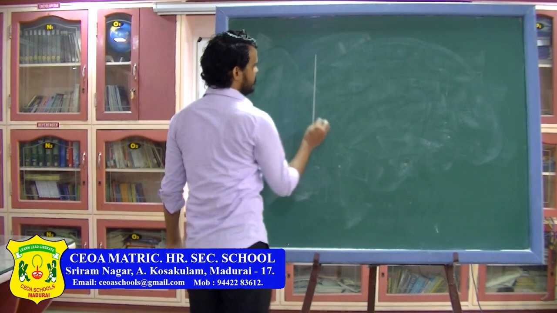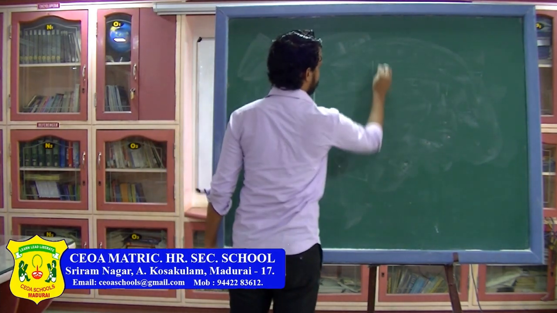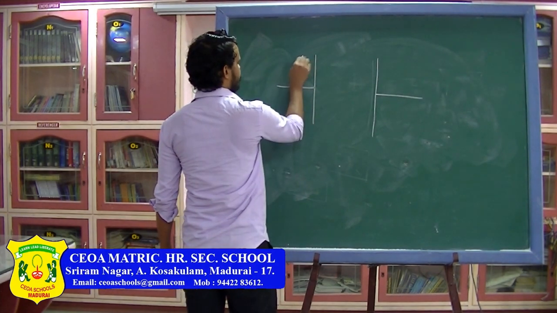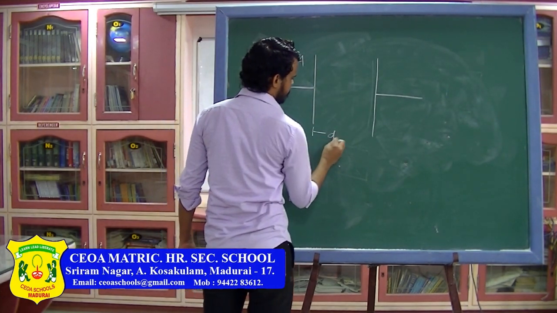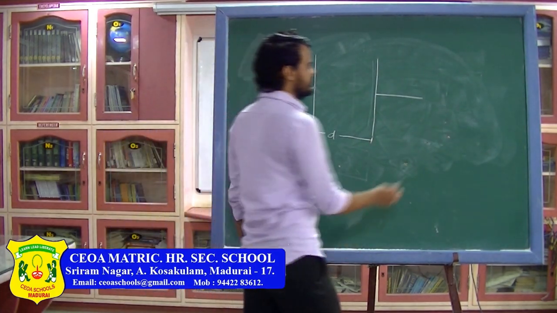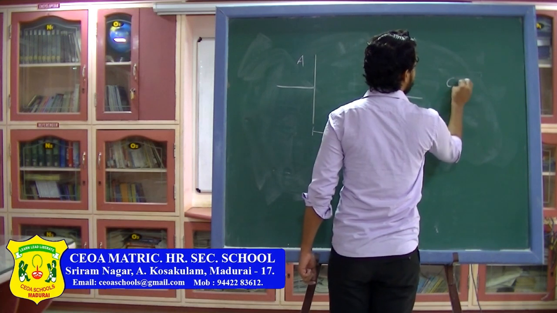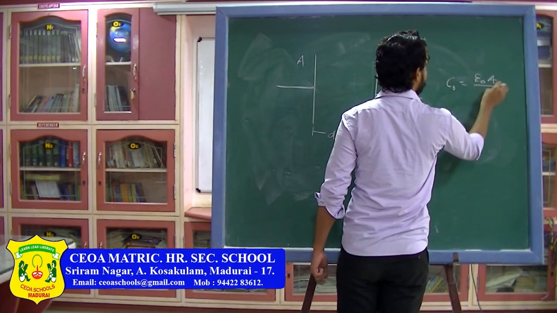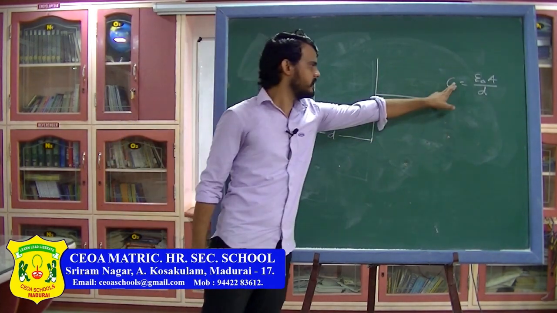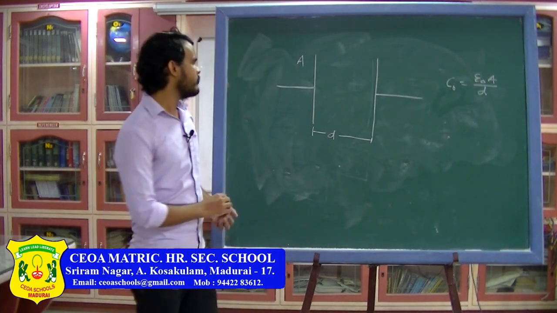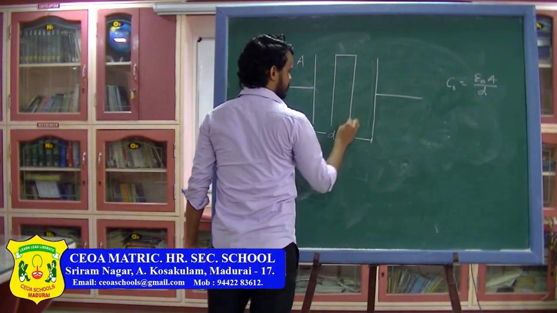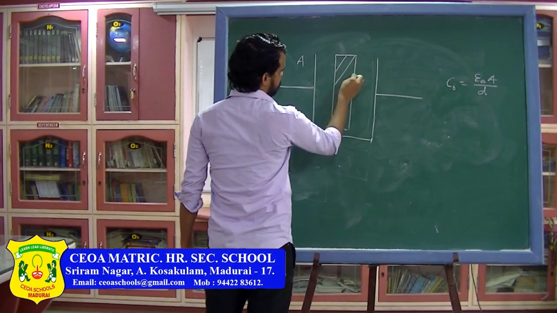So you have a capacitor, area of these plates is A, distance between the plates is D. If I ask you what is the capacitance of this one without the dielectric, you can write C naught will be epsilon naught A divided by D. So if there is no dielectric medium present, the capacitance can be written as epsilon naught A divided by D. Now what happens if I insert a slab or dielectric medium, but capacitor plates are not completely filled?